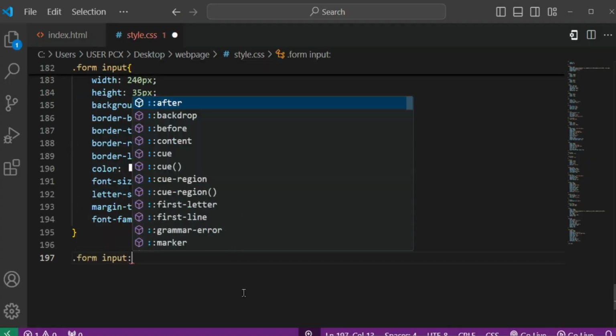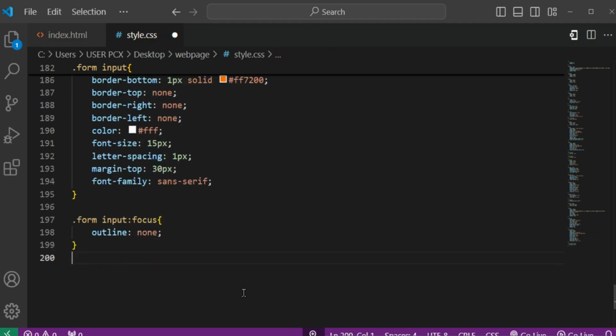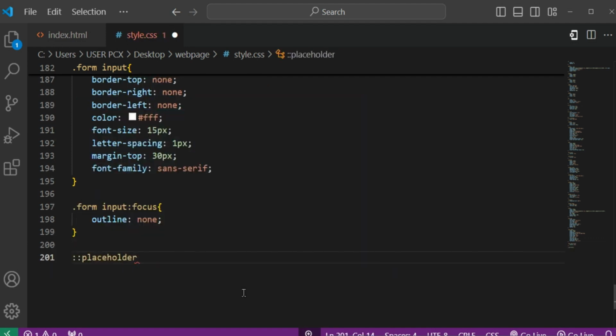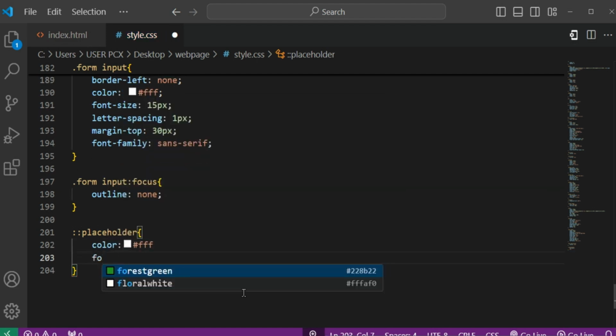So dot form input focus, we want to give it a focus. So the outline should be none. Then placeholder color should be white. Font family